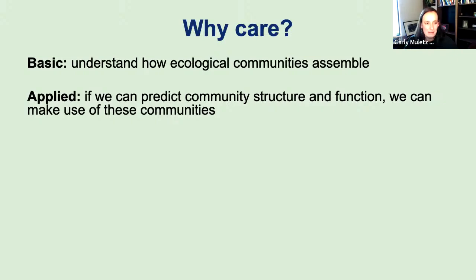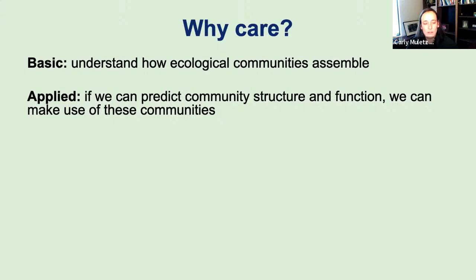So why should we care about them? One of the ideas, from a basic standpoint, is just understanding how ecological communities assemble. Whether it's a plant community or a microbial community, knowing how these communities assemble is important to understand why the world is the way that it is, what we see on the landscape. But we can also think about it in an applied context: if we can predict community structure and function, we can then make use of these communities, or we can predict what these communities will look like under future